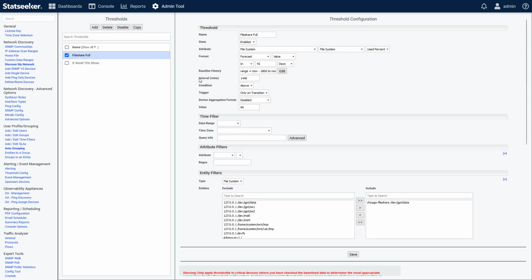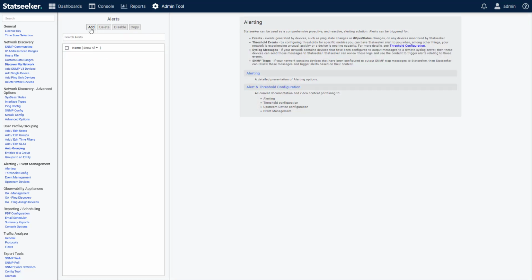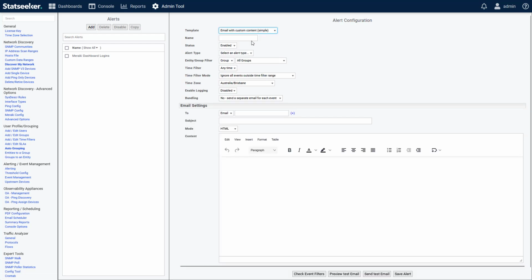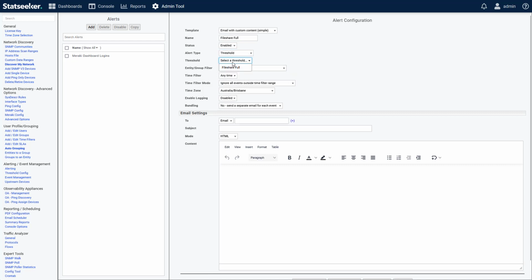So to review, once a day, get my file share, forecast a use percent value 42 days into the future. If that forecast value is over 90%, record an event. Now we need to configure an alert that will look for this event. Same section of the admin tool, alerting. New alert. I'll pick a template, name it, set the event type to our new threshold,